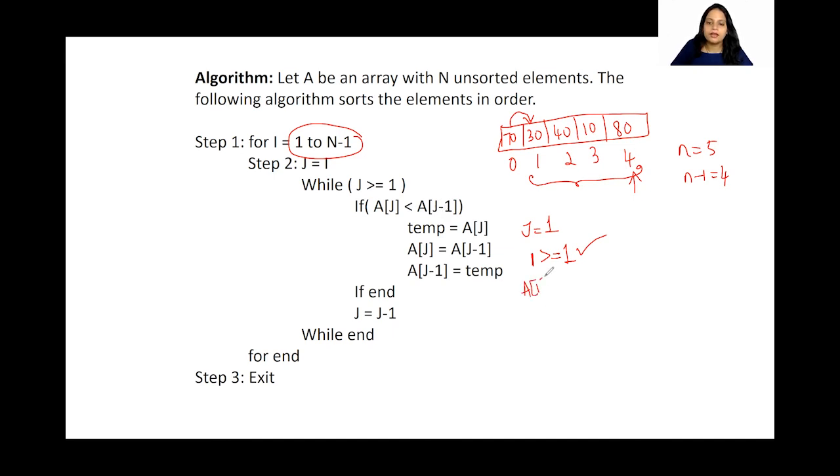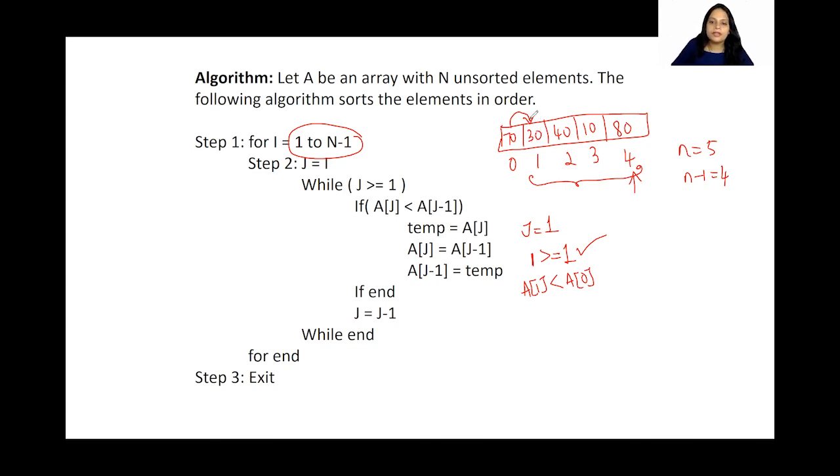A of j is A of 1. And we are checking if it is less than A of j minus 1, which is A of 0. So we are comparing the 0th element and the first element. Is this less than this? Yes, A of 1 is less than this. In our case, it is true, isn't it?